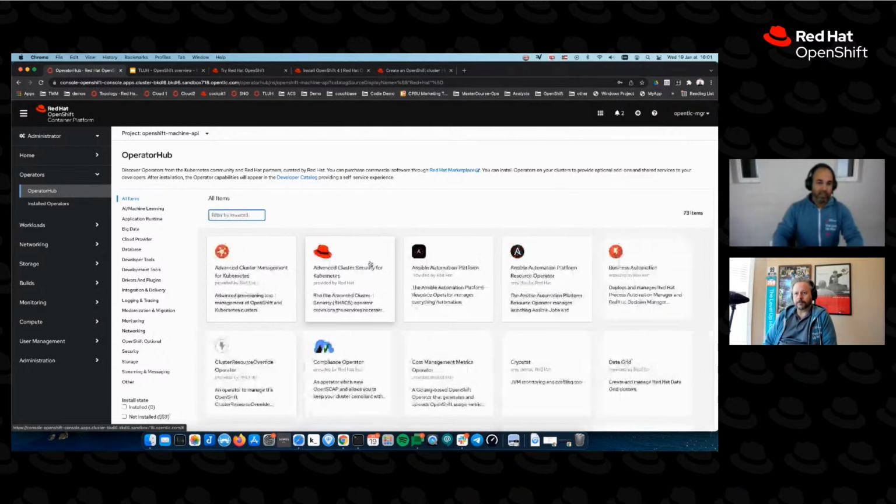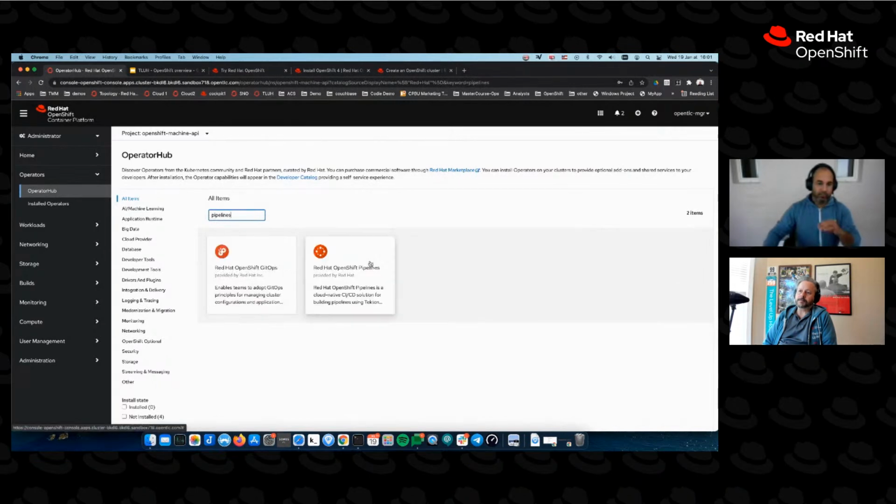And actually, let me do that, because I wanted to show you how to do that for a developer-oriented solution. So now, as an administrator, I want to provide OpenShift Pipelines as a service to my users. OpenShift Pipelines is basically our downstream version of the Tekton project, the Kubernetes-native CI/CD. And we have GitOps here, which is our distribution